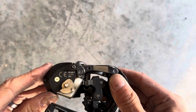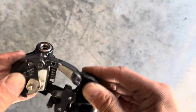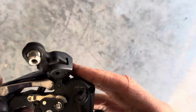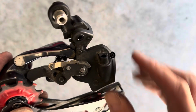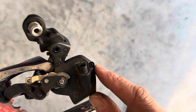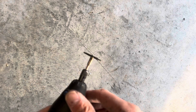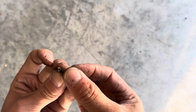So this is a 6870 that's also broken. The motor makes this thing turn, which makes the parallelogram move. The problem is that there are 3 screws that are some kind of tri-wing that is not common. I don't have the bit for that, so I got my Dremel with the little cutting wheel and I cut slots in the screws so that I could take the screws out